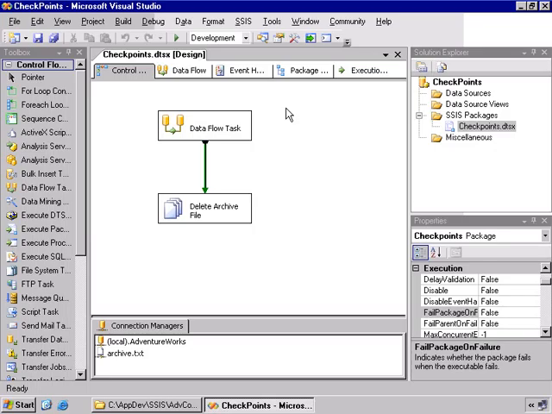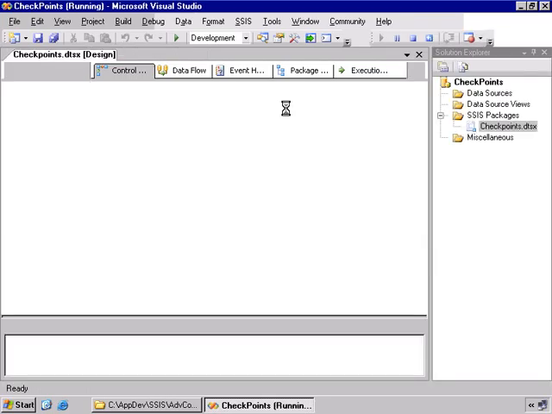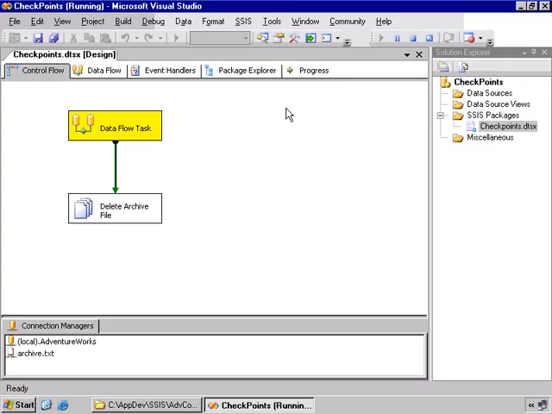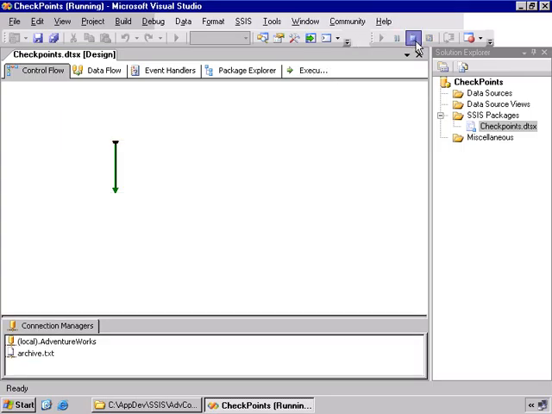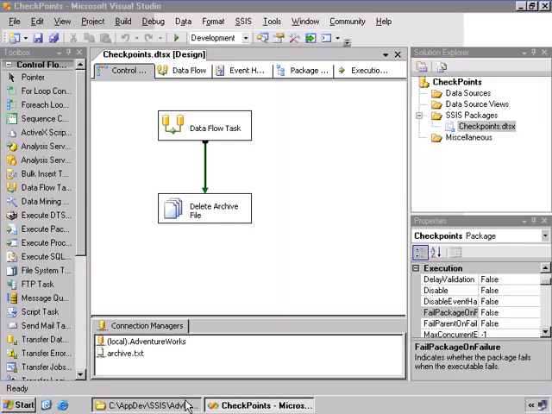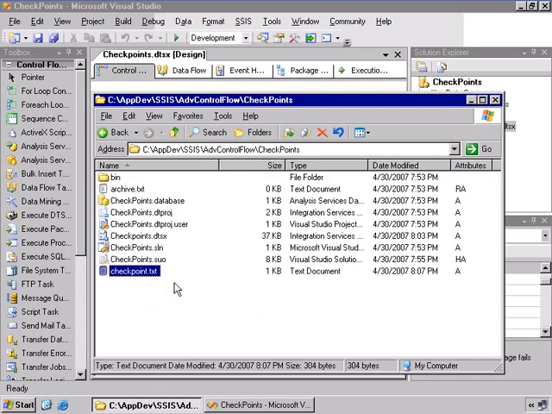And I will run my package. So we'll pull some rows out of the data flow. And when that succeeds, because of the precedence constraint, we should move on to the delete archive file. Okay, well, we see the data flow task successfully completed and then moved on in the control flow to delete that archive file, which we know can't happen, so we expect it to fail there. Well, I'll stop the package and I'll go out to my file system, and sure enough, there is checkpoint.txt,